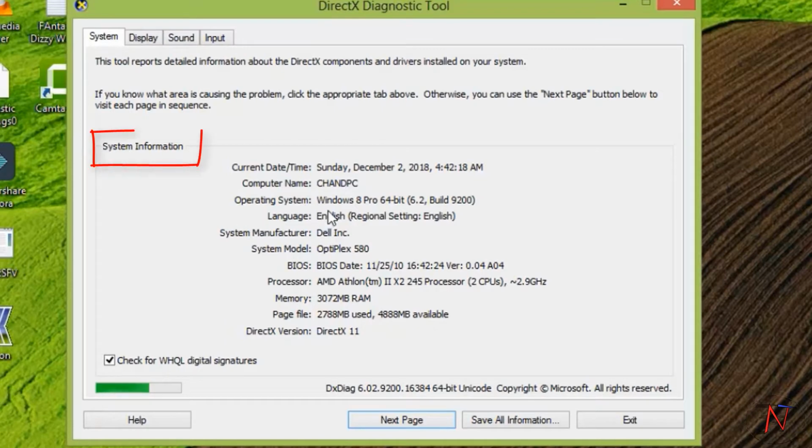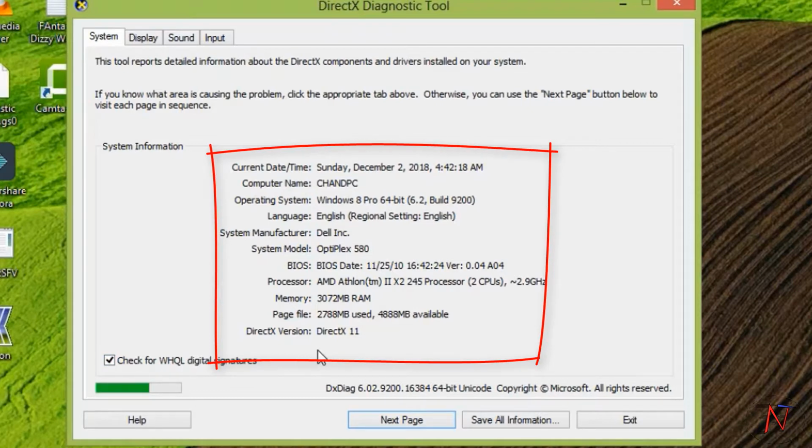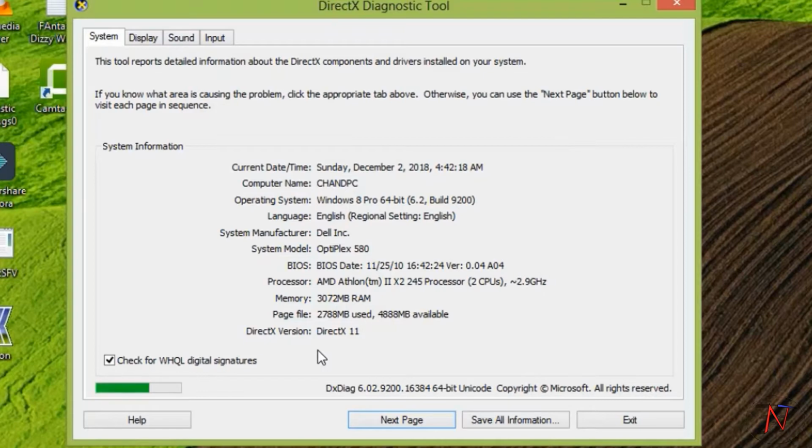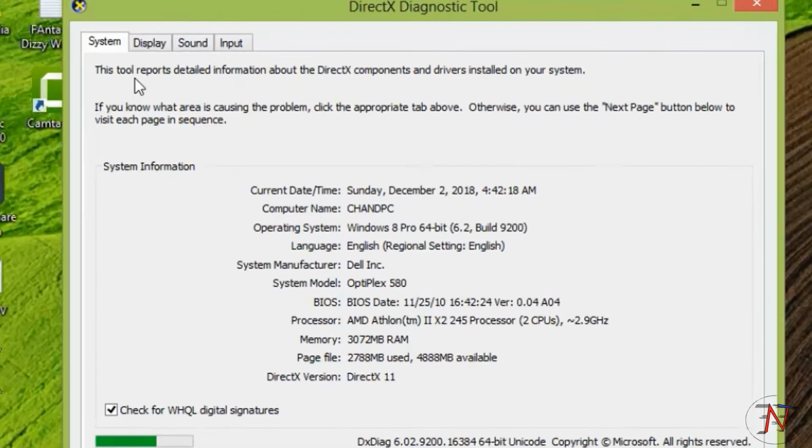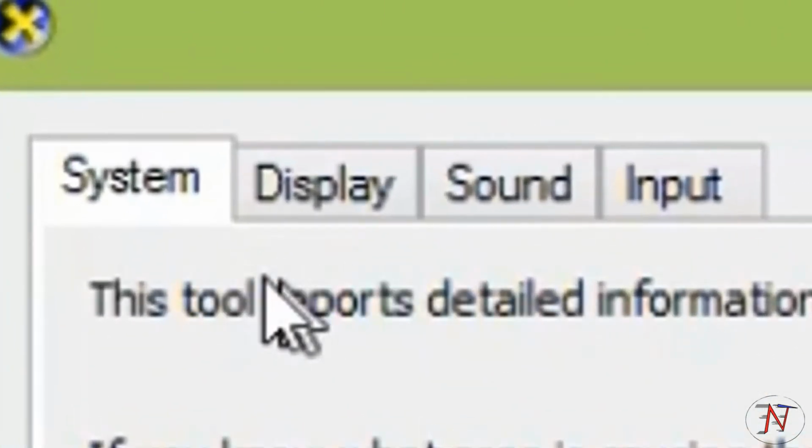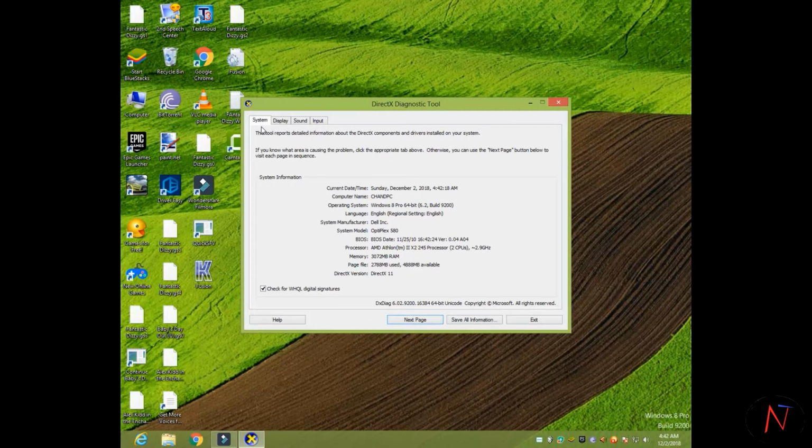In front of you, there is system information, which shows your computer's CPU, memory, sound, output devices, system manufacturer and much more. Above this, there are 4 options: System, Display, Sound and Input. At the present time, you are at the System bar, which shows all the information of your computer at a